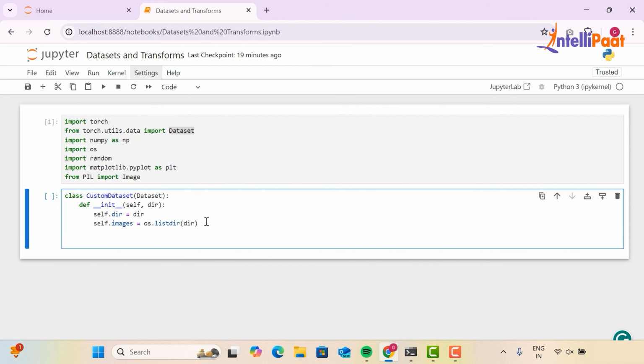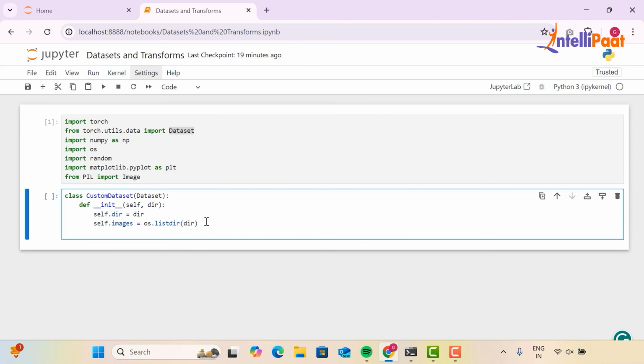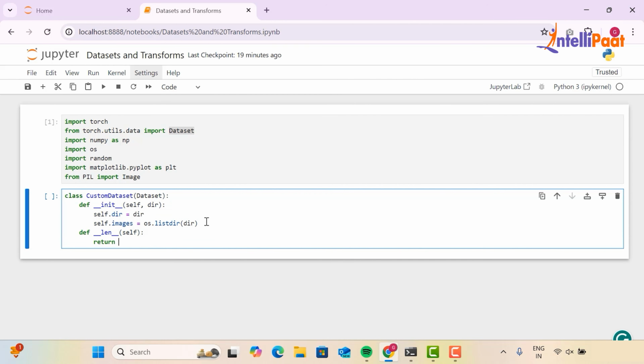So later on I do not have to worry about accessing my images. It can be done using images, right? Now we can go ahead and create our dunder methods, which is __len__. We'll pass self, and all we have to do is return the length of our list of images, which is just images. We've already stored it in images, right?